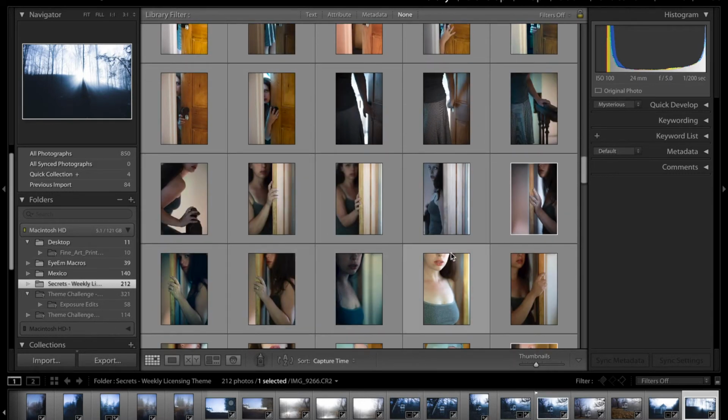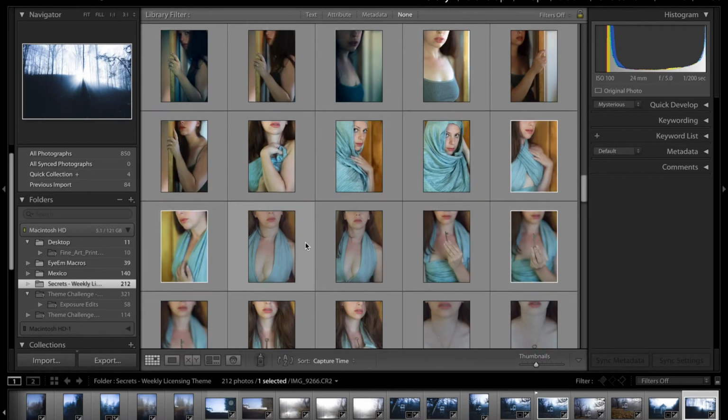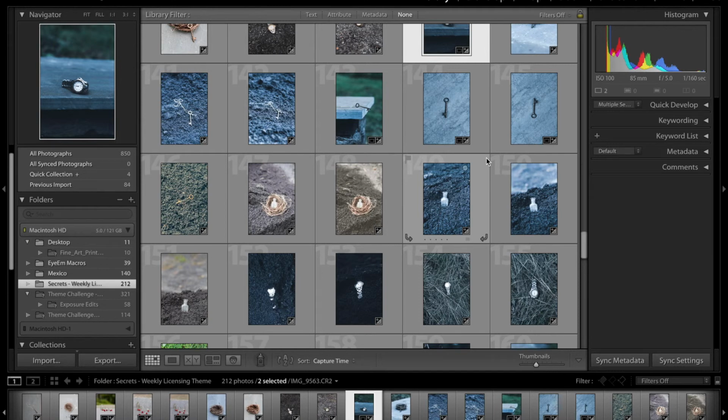And then this is in the hallway with the door. So you can see all of this is natural light. This is light coming from downstairs, this is light coming from a window, and then this is light coming from another window. So there's no strobes being used. Played with a curtain here, and then I moved outside with some props,